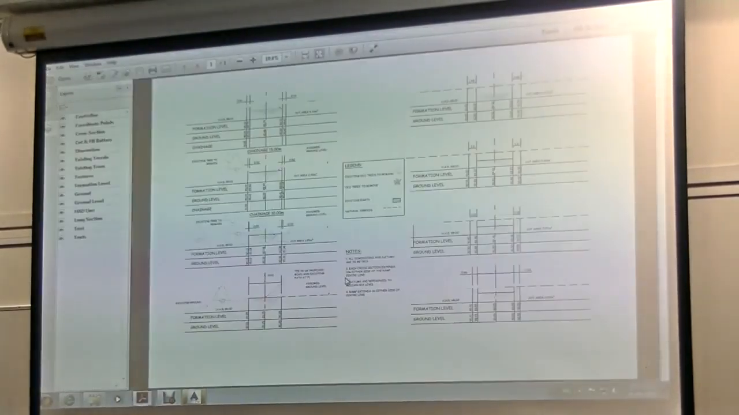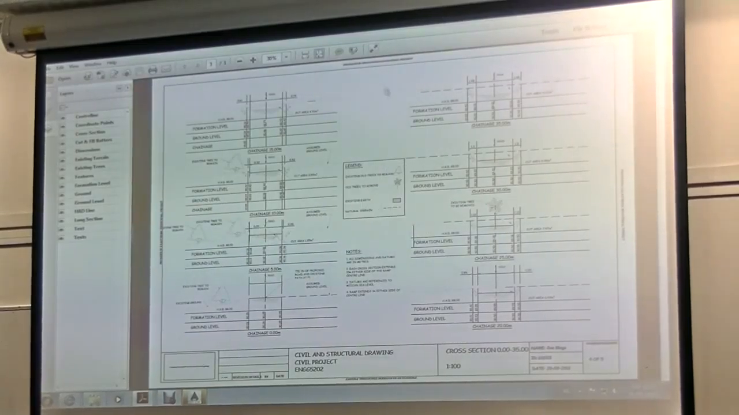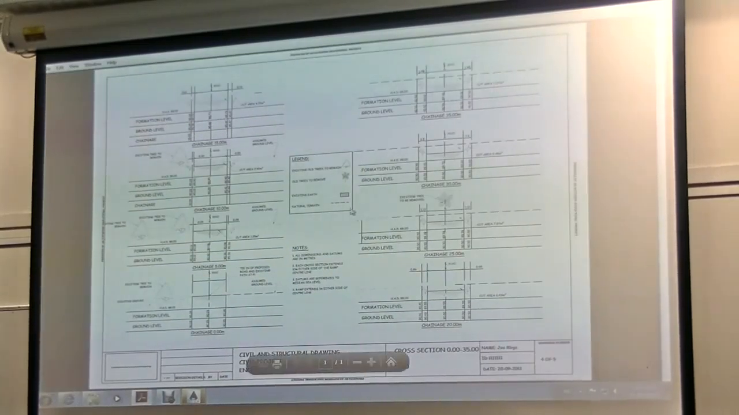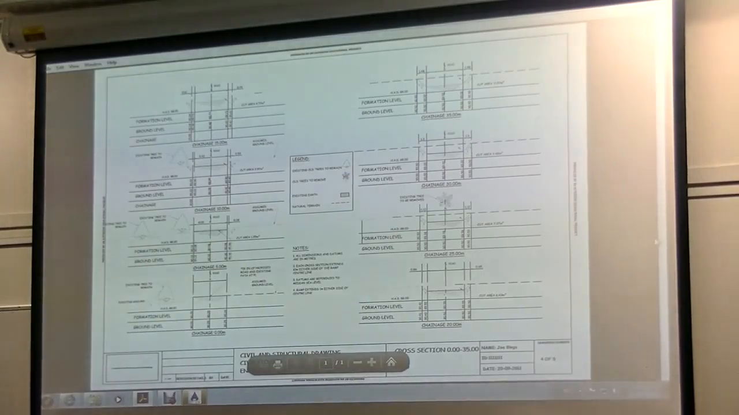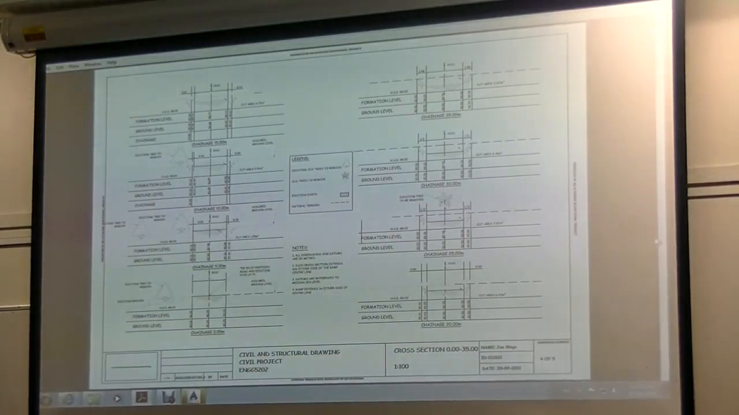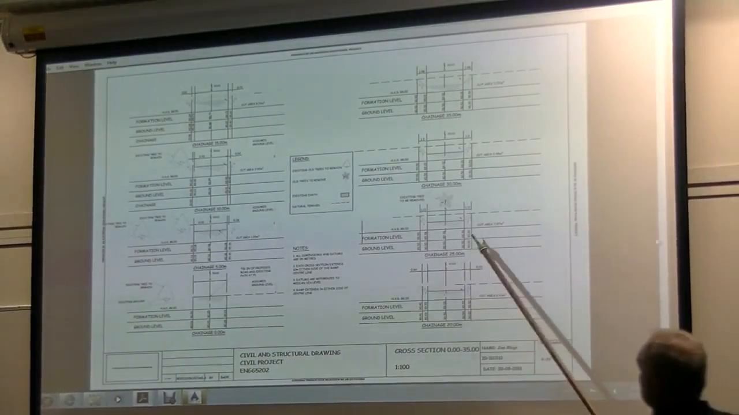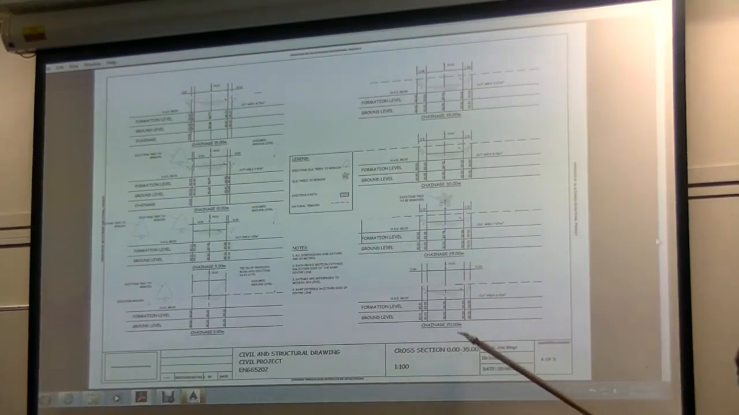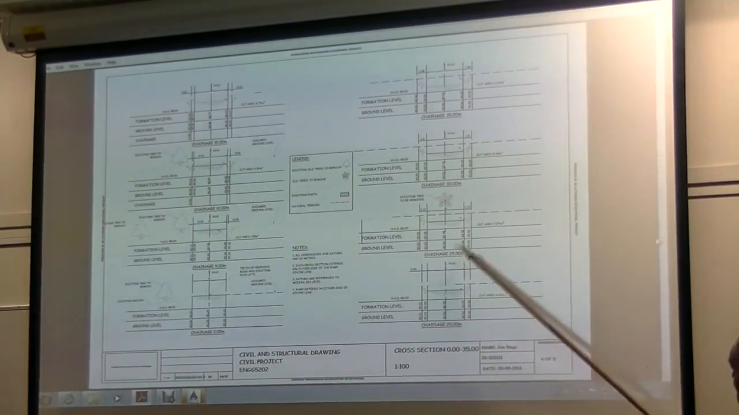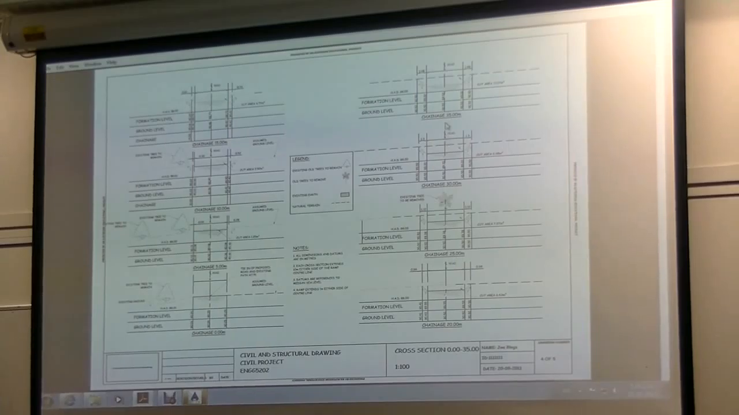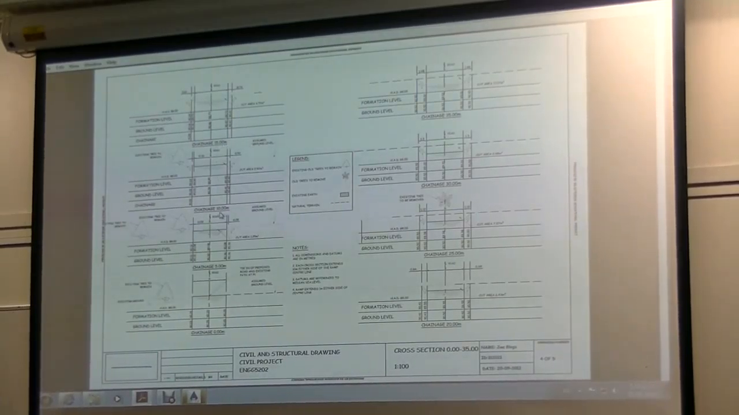Open. Alright, so that's very similar to the other one that we've just seen. Formation level, ground level, and some of the labels that need to be there. Don't forget to put the chainage underneath as well, or if you're not going to put chainage, put distance. Next one, just go back and then